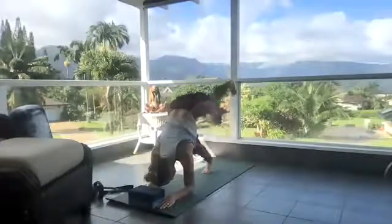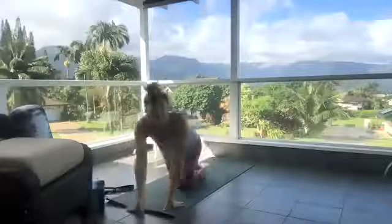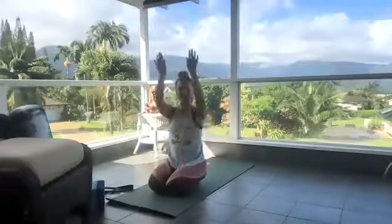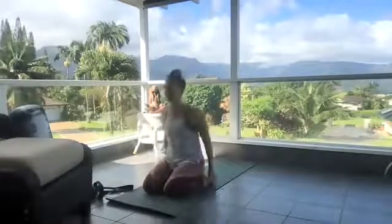Shoulders over. Okay, if I come all the way up and I get that, today it's not happening for me, but if I can get both, then you would follow with the other leg. So go to where you can, and when you're done, take a break before we go on to the other side with the arms. So you're gonna take a break and sit back on your block and let your shoulders